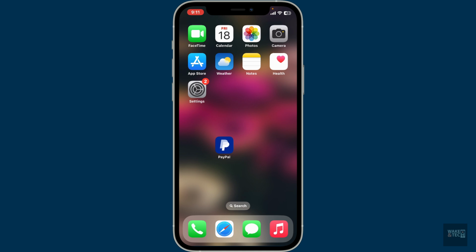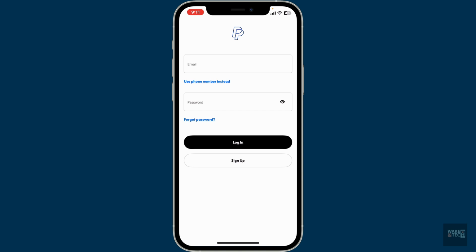First of all, open your PayPal application. If you don't have the app yet, you can download it from your Google Play Store or your App Store. Launch the app and you'll be welcomed with this screen. If you are using PayPal on a desktop or laptop, you can go to paypal.com and follow through the sign up process. Once you get to this page, click on the sign up button to get started creating a new